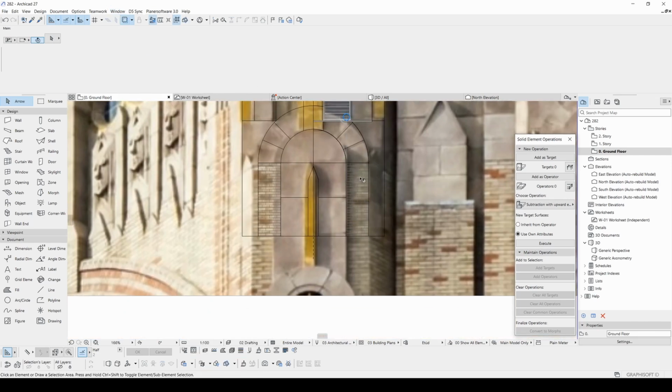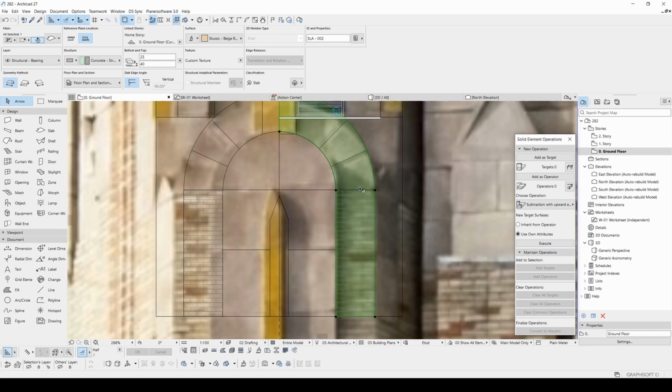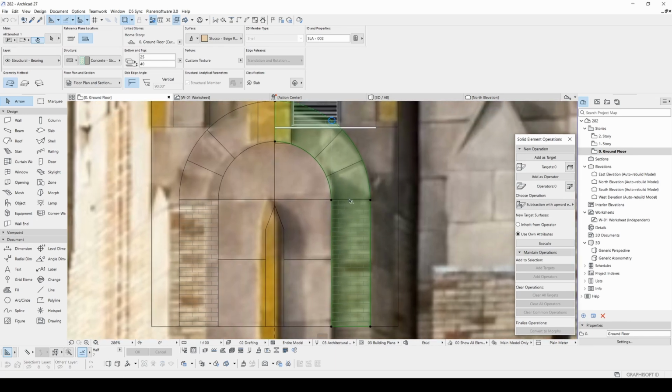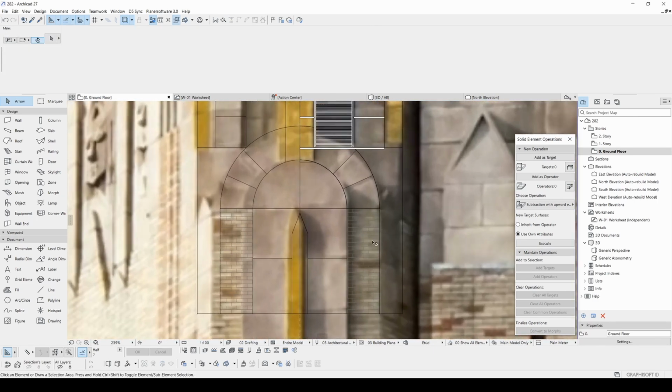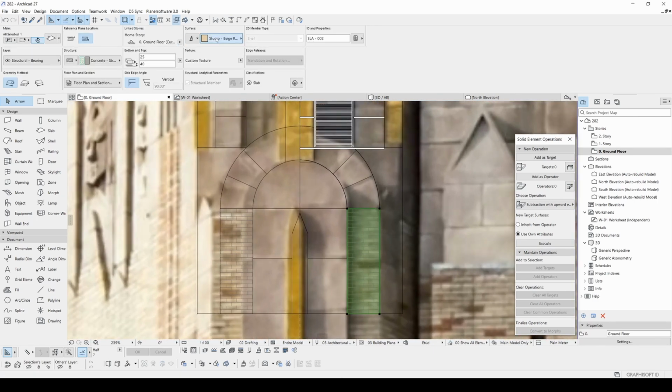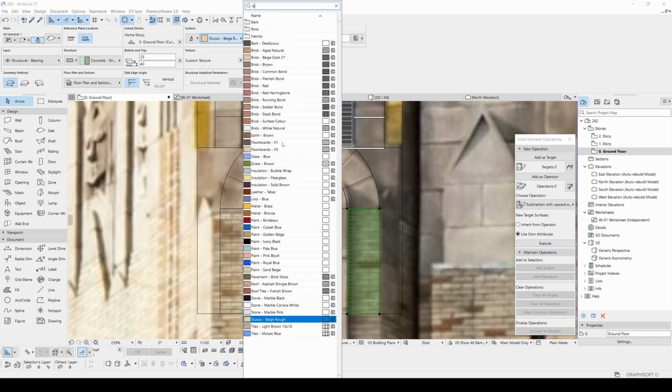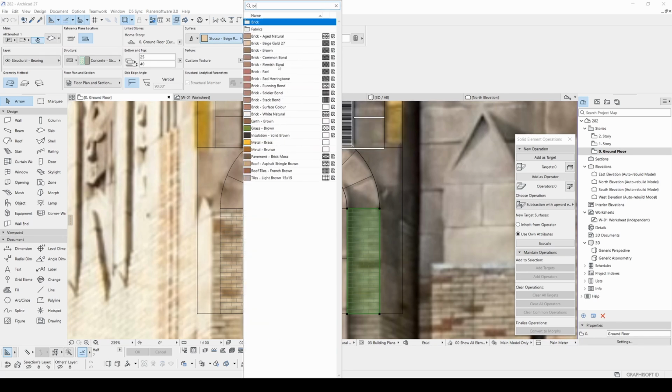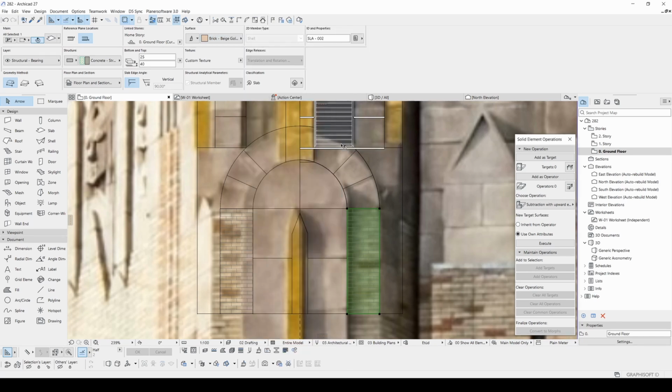Let's continue here. As you can see, this texture and this texture are different. Let's split this from here. To split this, you will use this split command. You will click this and click this line, and you will click the part where you want to hold. Something like this. And after that, you can change its texture, such as this brick.